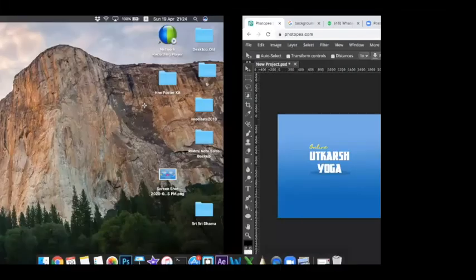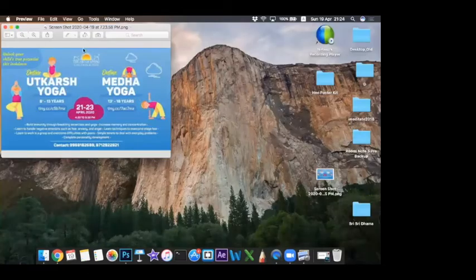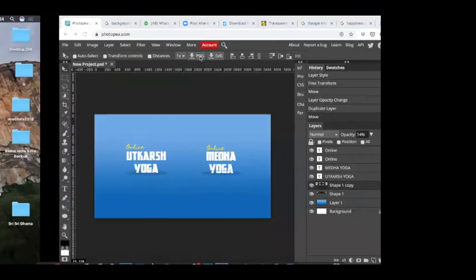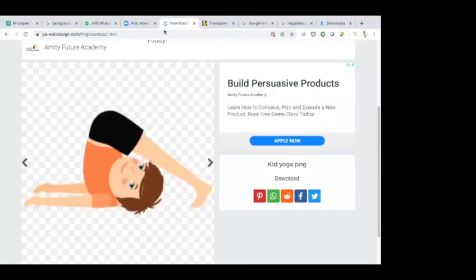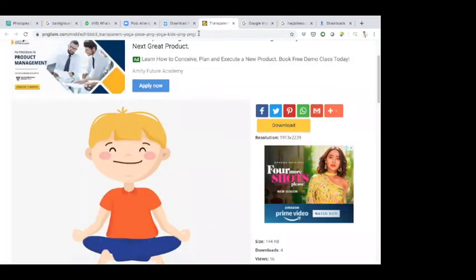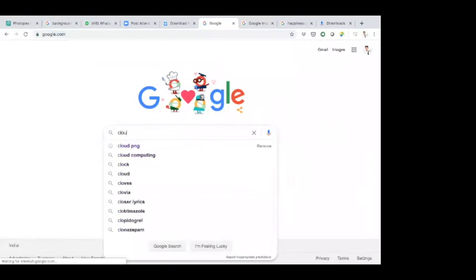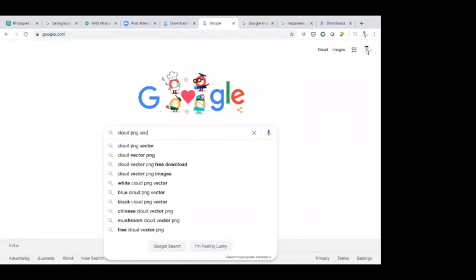Okay. Now coming back here, we have the Art of Living logo. We have this cloud image that is there. You might not have this cloud image ready. So what we can do is simply search on Google cloud PNG vector.